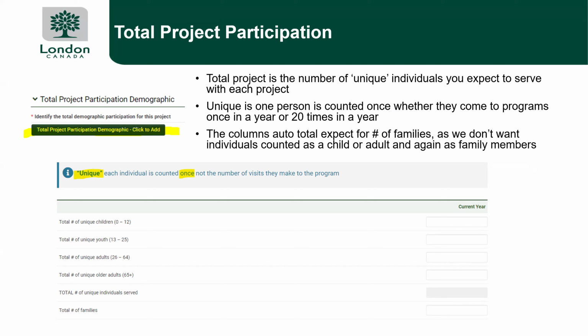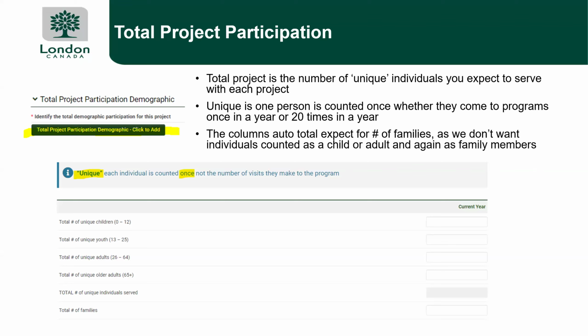So whether it's unique children, youth, adults, older adults, unique means how many individuals you expect to serve over the course of the year, whether that person comes to the project or programs once in the whole year, or they come 10 times or 20 times. If they come to your project 20 times in a year, they're one unique individual. The 20 times is visits, and we're not asking for visits, it's just unique individuals.